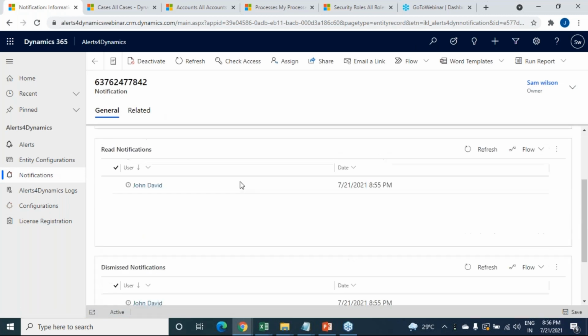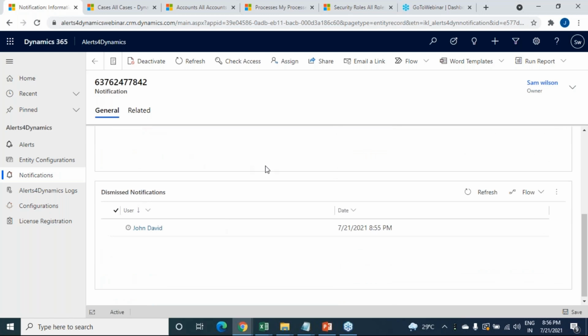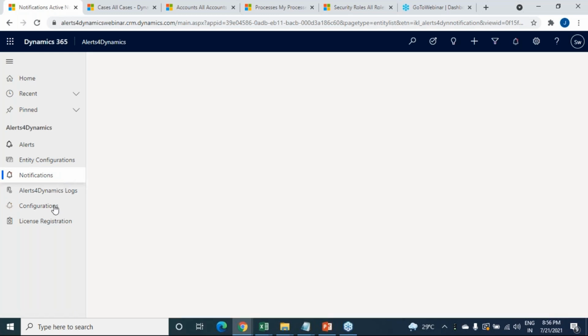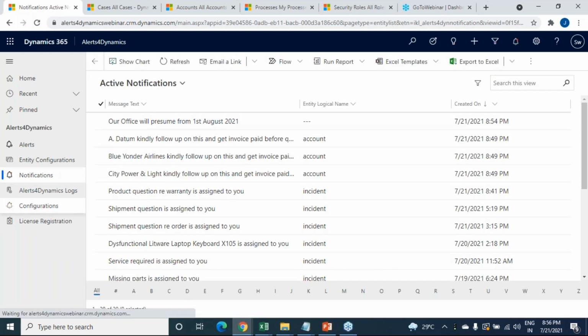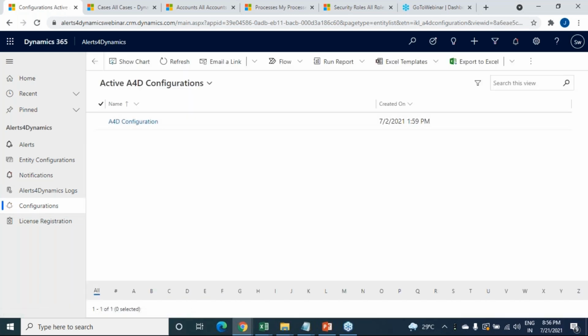It will list all the users who have read it, and if any users have dismissed it, you can see that over here. You also need to do some basic configurations in the configuration tab, like from which user you want to send an email. You do that in the configuration part, and I will be explaining that as well.